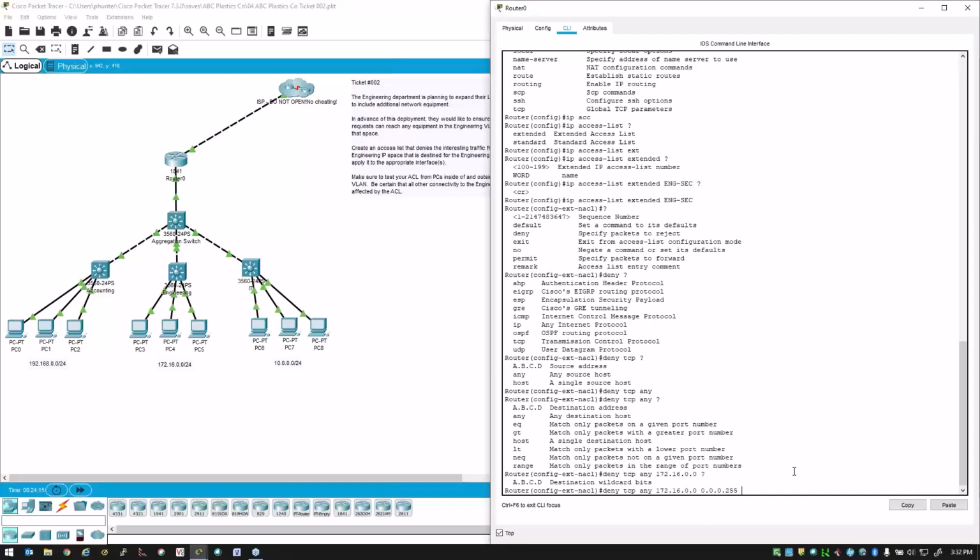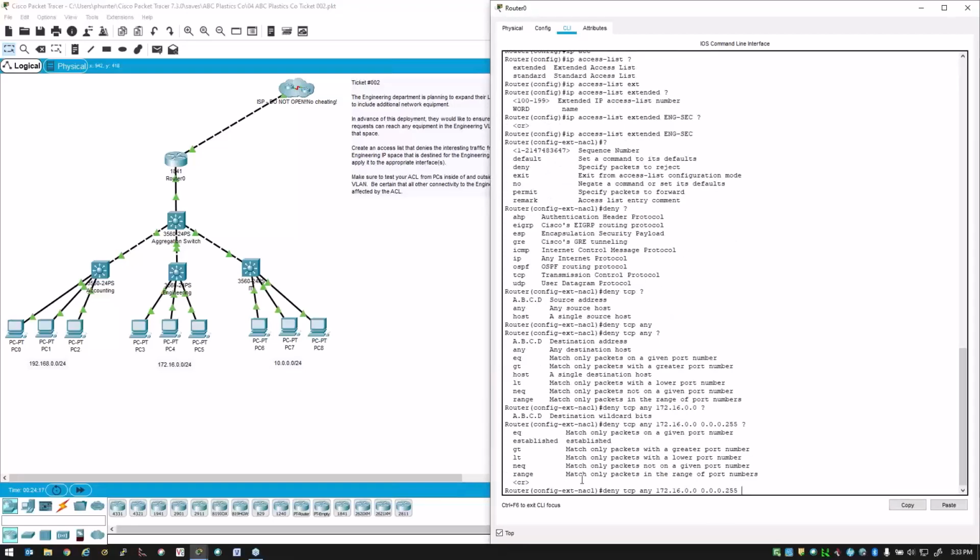Let's use our context-sensitive help again and see what's offered. We can hit enter here if we want, but then we're probably being too broad with what we're blocking. We need to be more specific, and Dylan already kind of is ahead of the game. Yeah, we want to match only on a specific port number. And when we say port number in this section, we're specifically talking about destination, because we're applying it right after the destination IP address. So equals